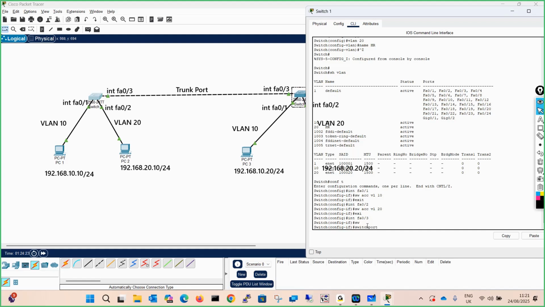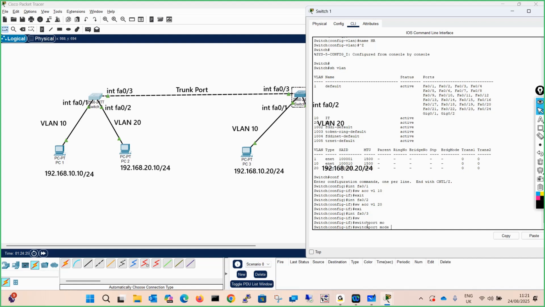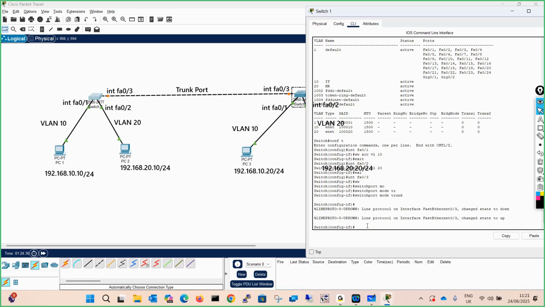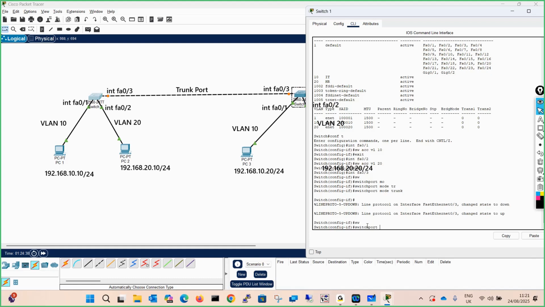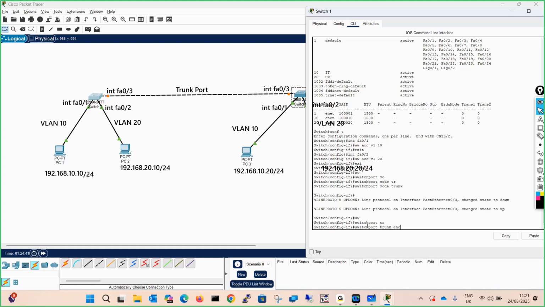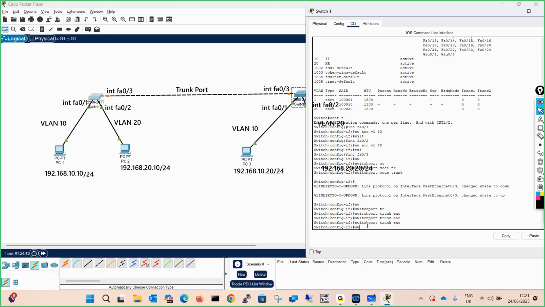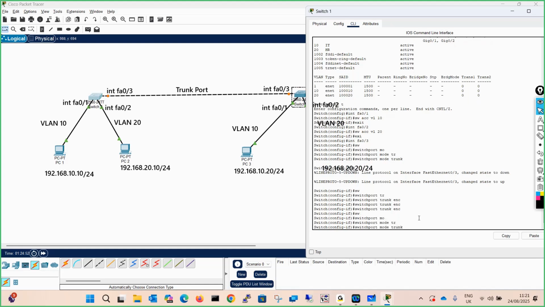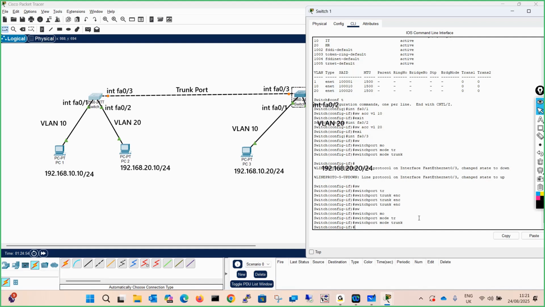Switchport mode trunk, and hit enter. Okay, and just need to check if the encapsulation is required. Switchport trunk encapsulation is not required, it's the latest way. Okay, fine, that's good. We made it switchport mode trunk. You made port number 3 a trunk.